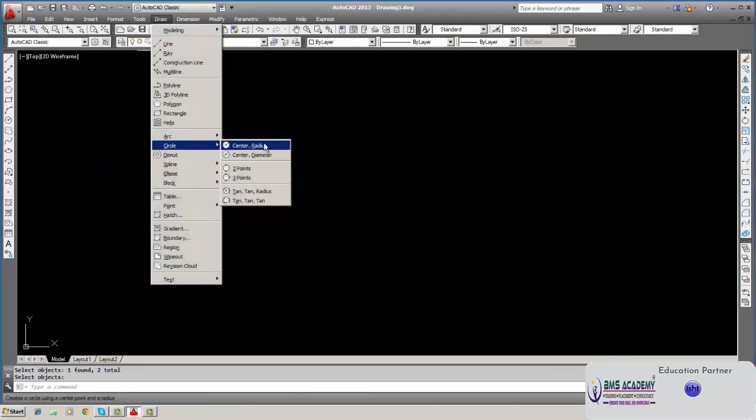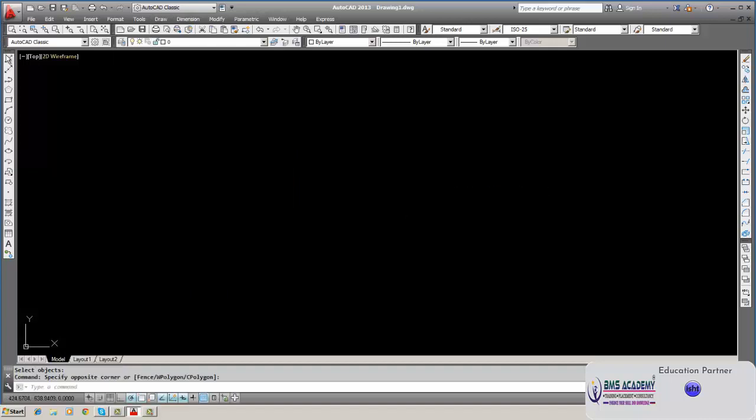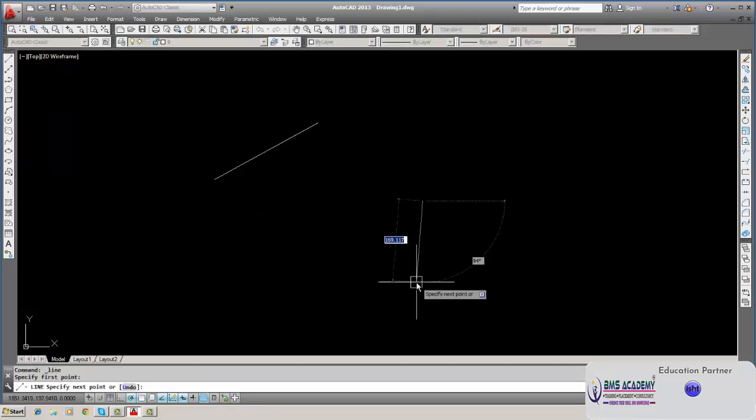Now we will come to tangent, tangent and radius. So what we have to do, first of all we will come to this tangent, tangent, tangent. With 3 tangents, a circle can be drawn being tangent to the 3 lines. So first what we do is draw a line. One line, another line,